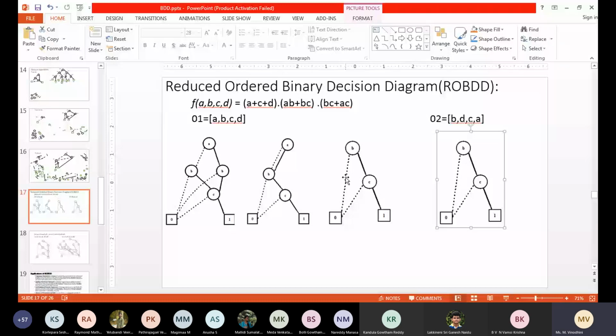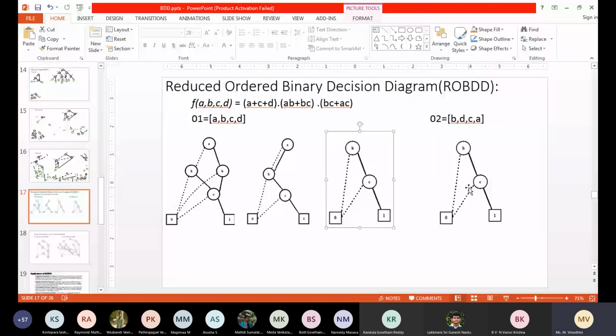But this is done by considering the variables in an ordered way, and this we got by considering the variables in an unordered way. Both are reduced BDDs only, and both the answers are correct. If I take ABCD or BDCA, I get the same answer. But this will not be the case always. For this particular expression, whether I consider the variables in an orderly manner or in a random manner, my final reduced binary decision diagram is the same.